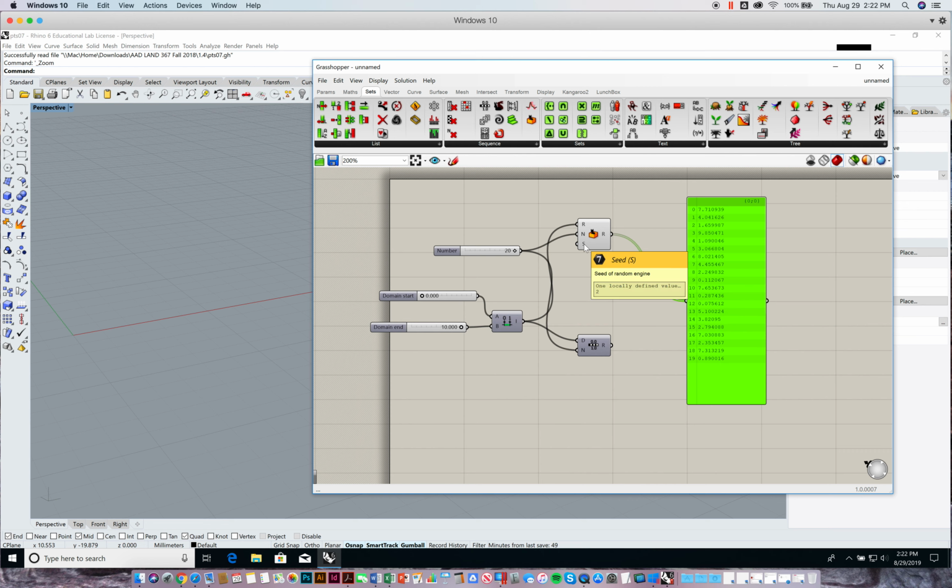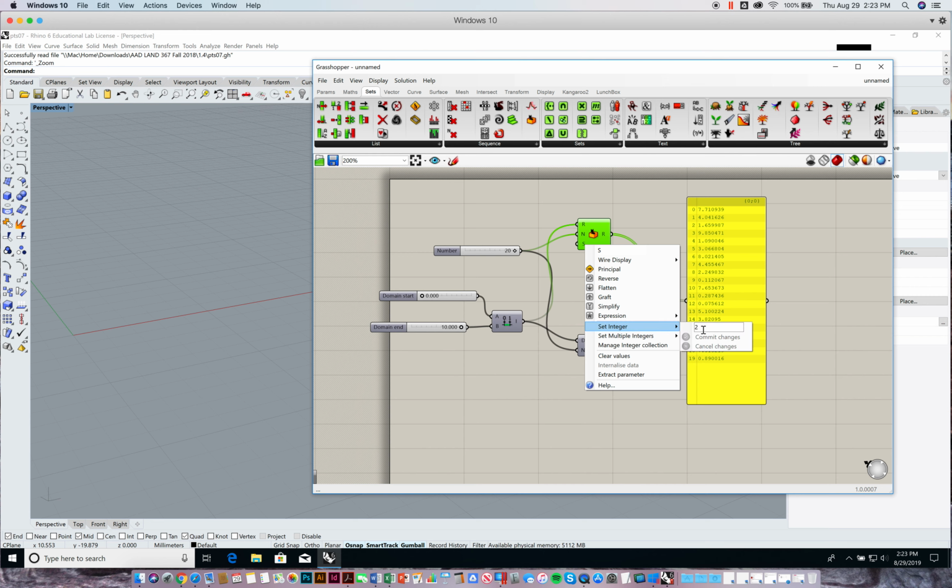And if you're trying to generate more than one list of random numbers, then you can do this with an additional random number widget, but then you change the seed for the random number engine that generates a set of pseudo-random numbers. So you can change this, and it'll change the set of random numbers that it gives you, right? There are several different algorithms it uses to generate random numbers, and that way you don't have any repetitive sets of random numbers, because